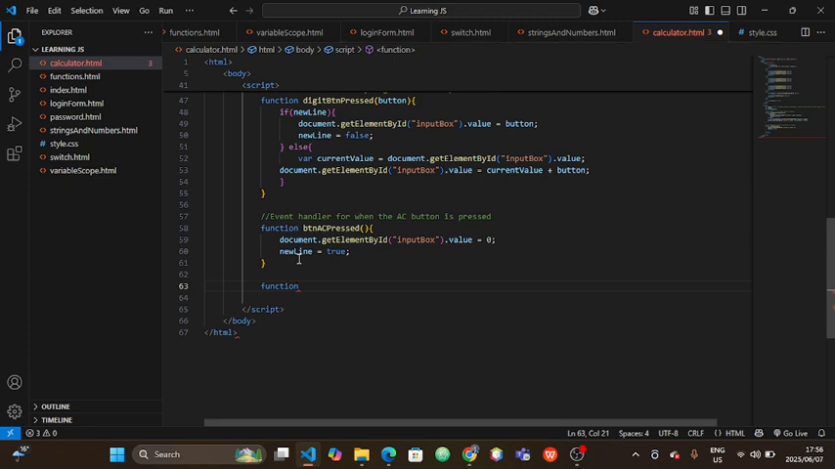We'll call this one operator button pressed. Now this function receives a parameter, and that parameter will hold the actual operator button that the user has pressed, the value of the operator button. Okay, so inside that function,